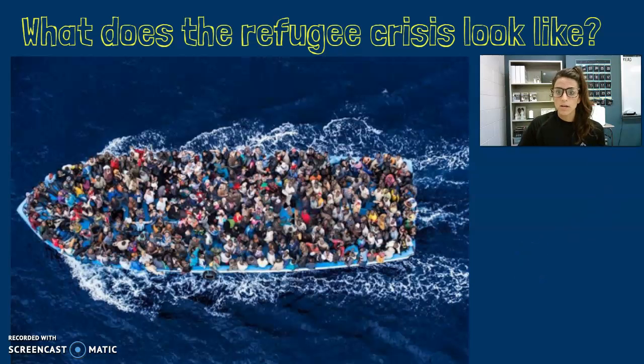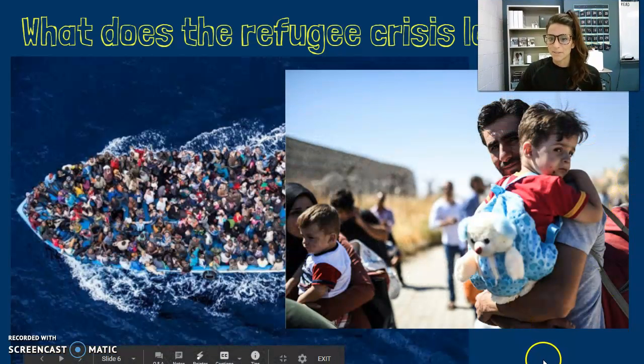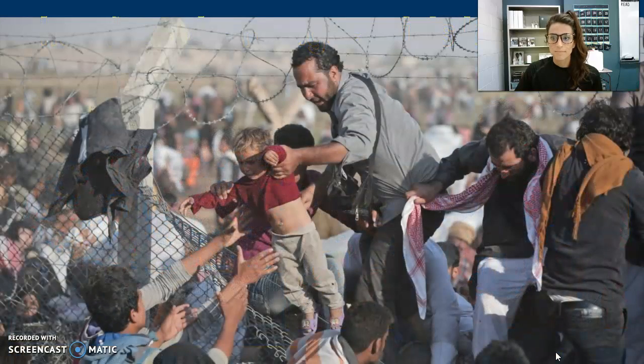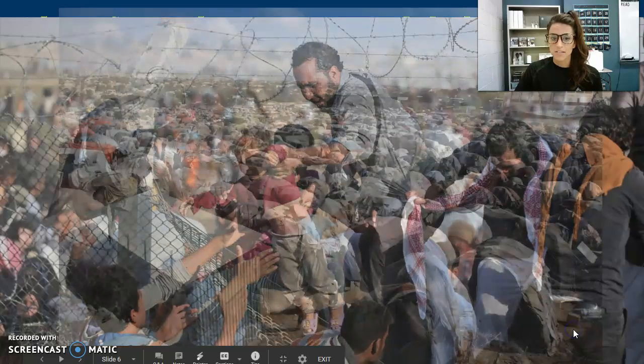So let's keep going. What does the refugee crisis look like? I wanted to show you a couple of visuals so you could see. So these are refugees trying to escape to a different land for safety. And look how much danger they put themselves in order to do that. That's how bad the situation is that they're coming from. That was a striking image to me. This little boy in his backpack. Father, I'm assuming, throwing his son over the fence so that he can get to safety, sacrificing.